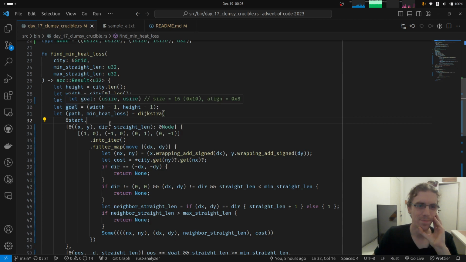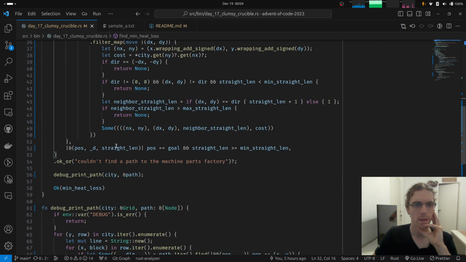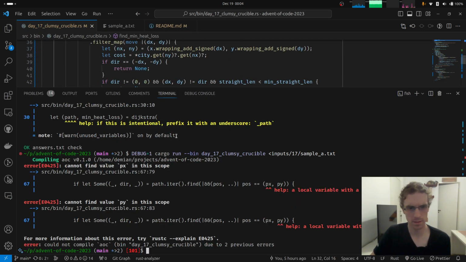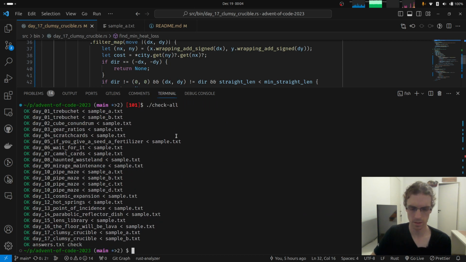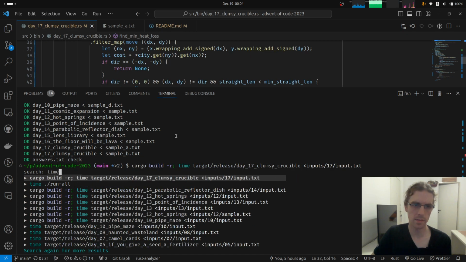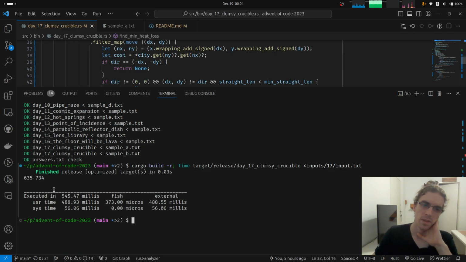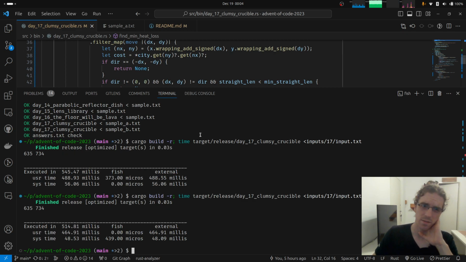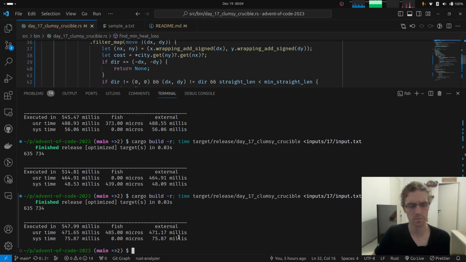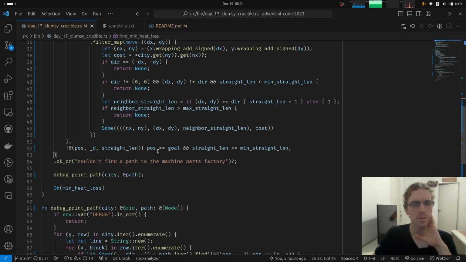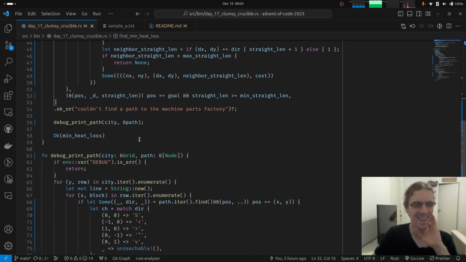Okay. I think that was a successful refactor, like changing the direction to be two things, and still everything passes, right? So no problem with this. Now, does it take basically the same time to run? I mean, the nodes are a bit bigger, but it actually seems like it's slightly faster. Yeah, look at that. I was not expecting that, but that's awesome. That's great. Each node is now bigger, but it's not the size that matters, it's how you use it.